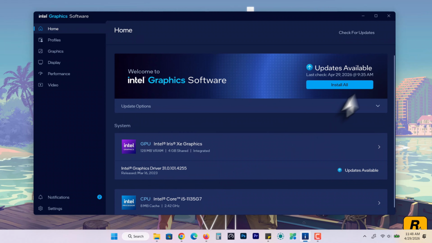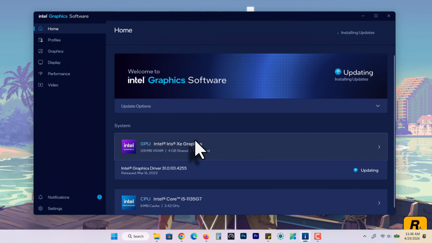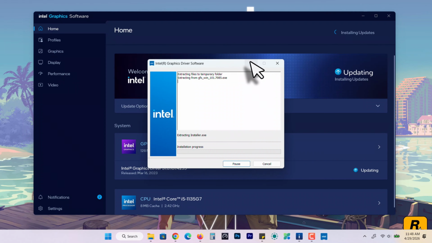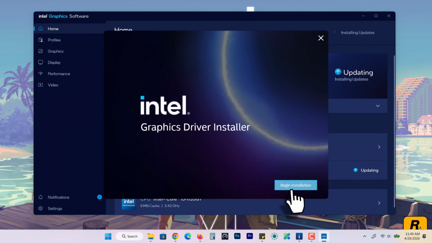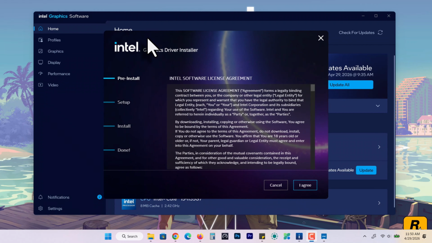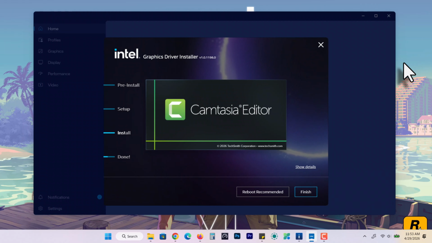a few clicks you can update to the newest version of Intel Arc graphics for both your processor and graphics card in seconds. So here you can see the installation interface on the screen. The process is very straightforward. Just click next a few times and installation completes without any hassle. So installation is going to be finished just a few options later, and you'll have the option to reboot your system,